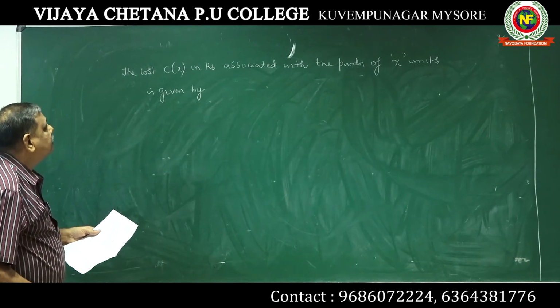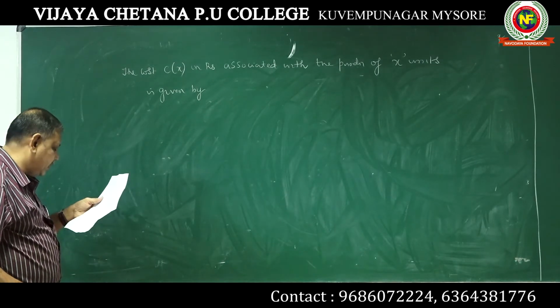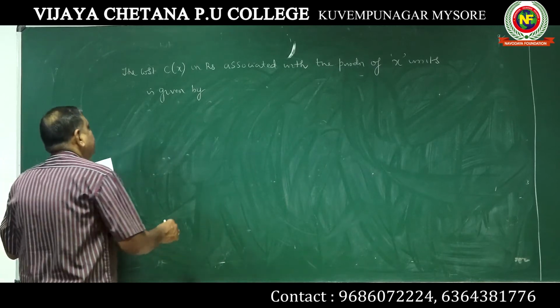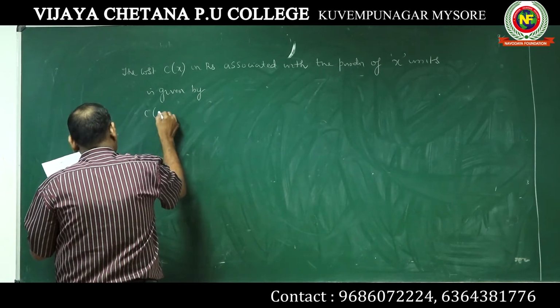The cost C(x) in rupees associated with production of x units is given by C of x is